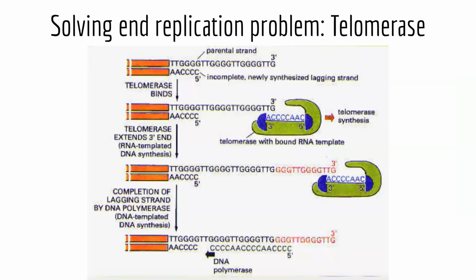So in order to do this, telomerase is going to solve the end replication problem by adding on with an RNA template of its own. It's going to help add on some DNA nucleotides to the end of the